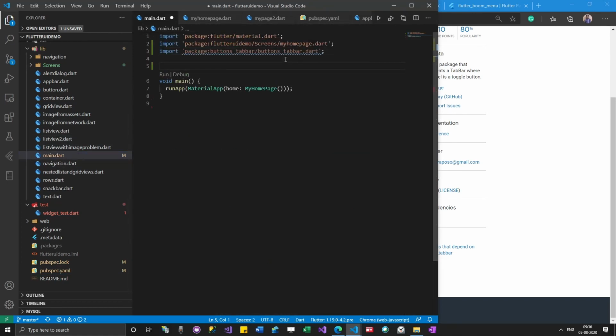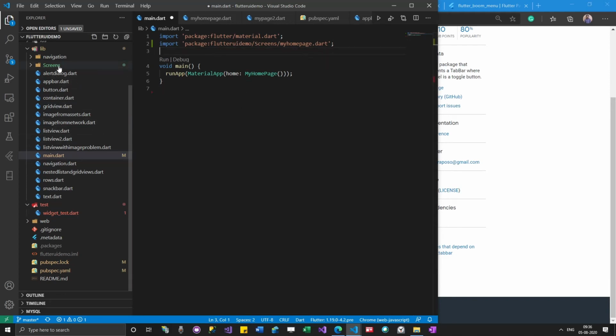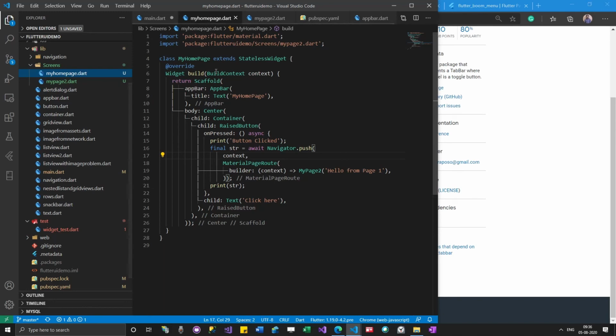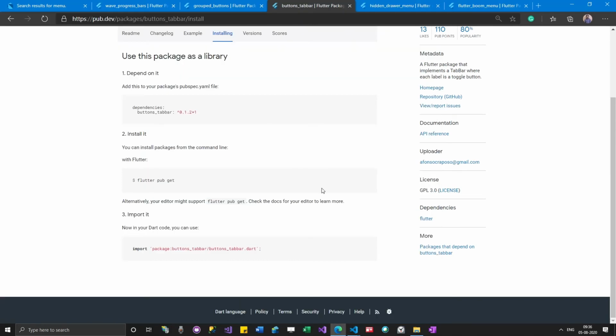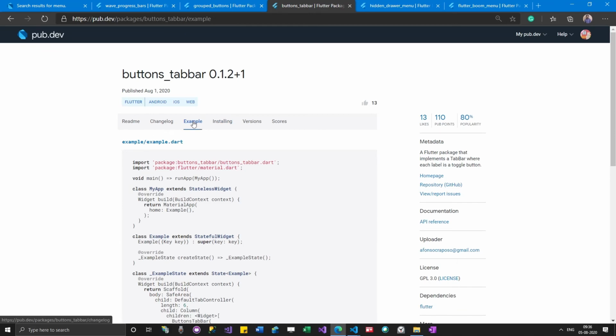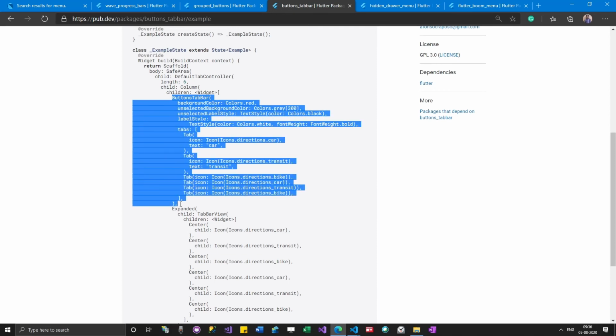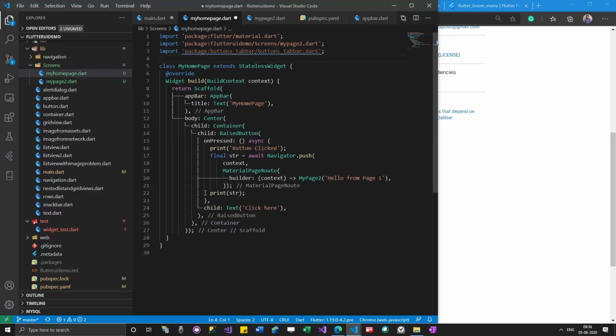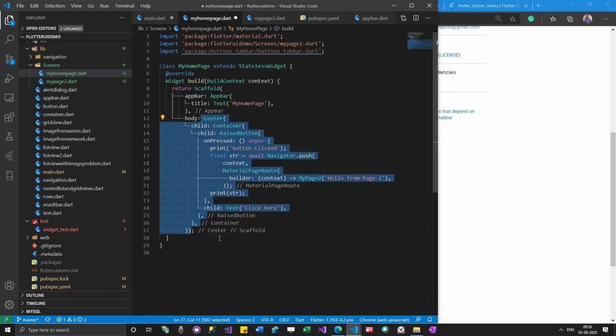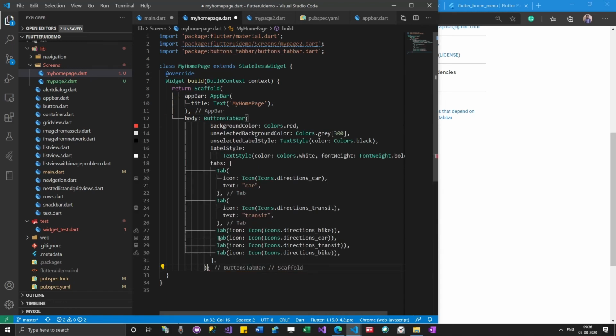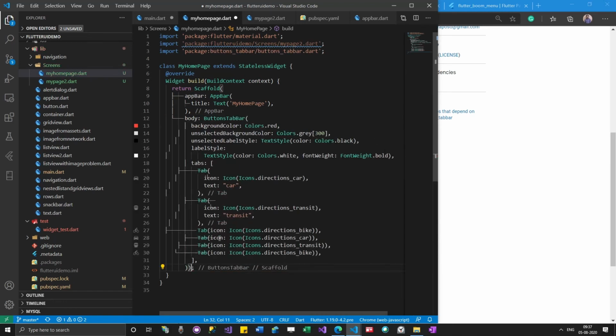So now it is appearing like a blue bar, right? The reason is it is not yet used in our program. Okay, so the right place may be using it somewhere in the screen. And then you just have to go to the example. Like usually what will happen, they will share the examples also. Like see, buttons, tab bar, something like this. I can just copy paste it. Let me remove this package.